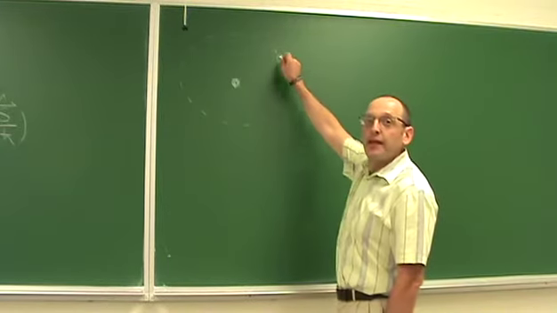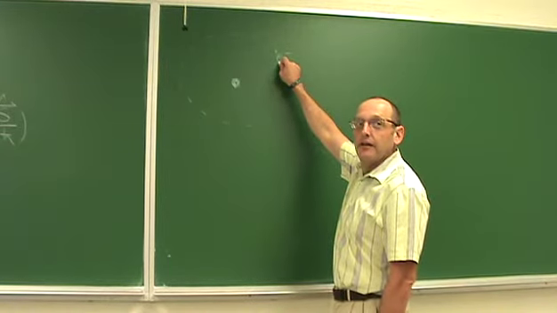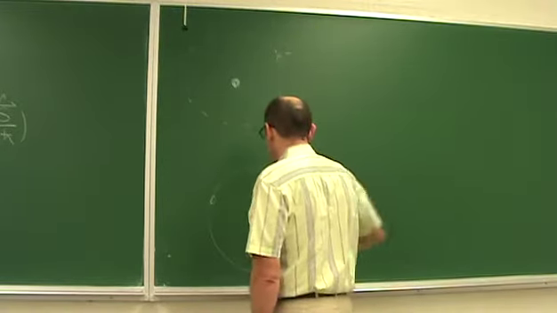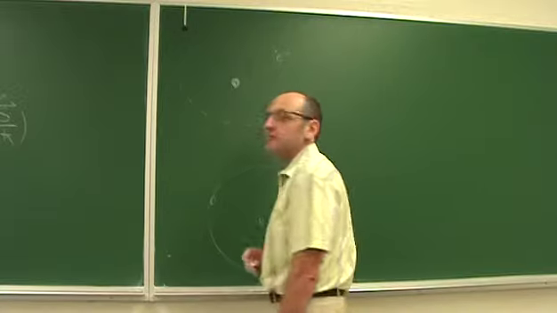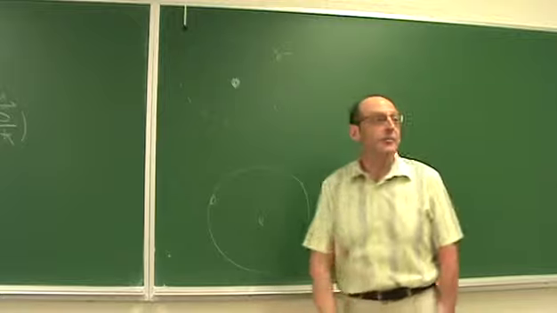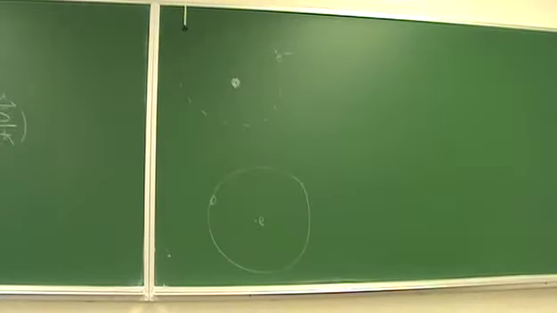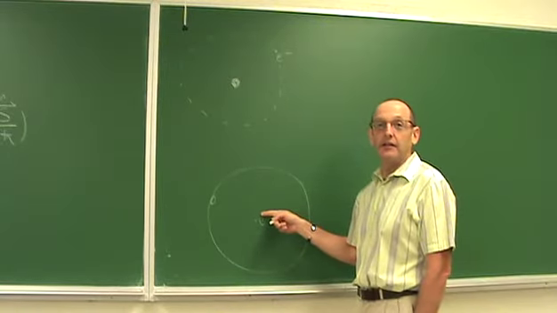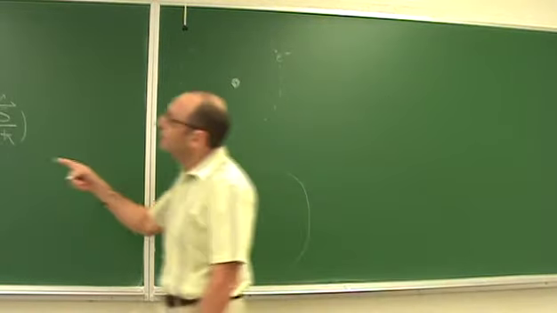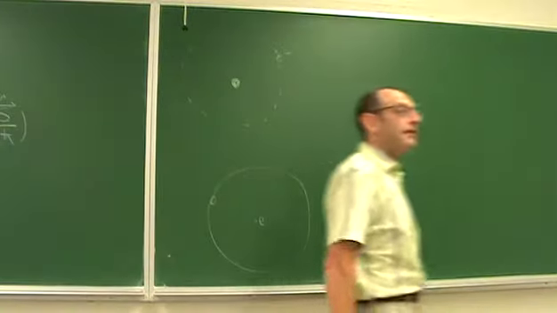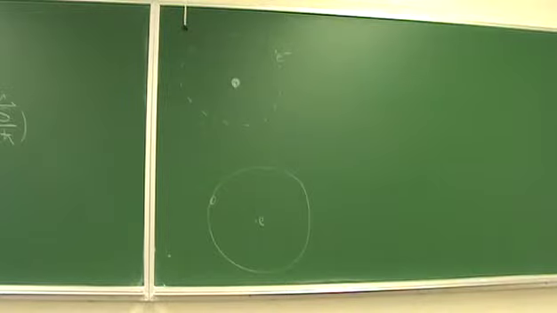And in the rest frame of the electron, well, the electron sees the proton going around it. So there is a current loop created by the proton, which creates a magnetic field at the position of the electron. And that magnetic field then interacts with the intrinsic magnetic dipole moment of the electron. Another way to look at it is to look at it in the lab frame.